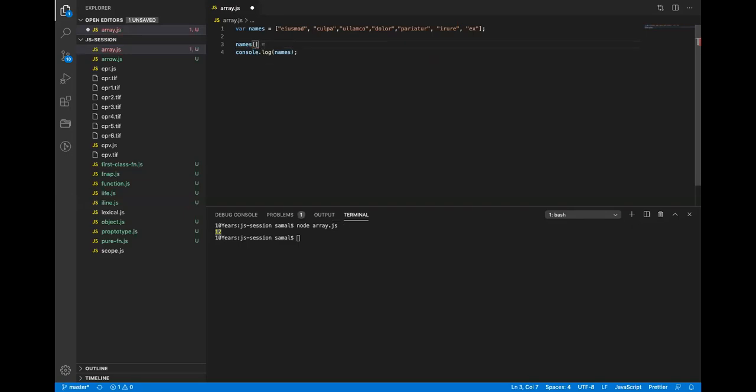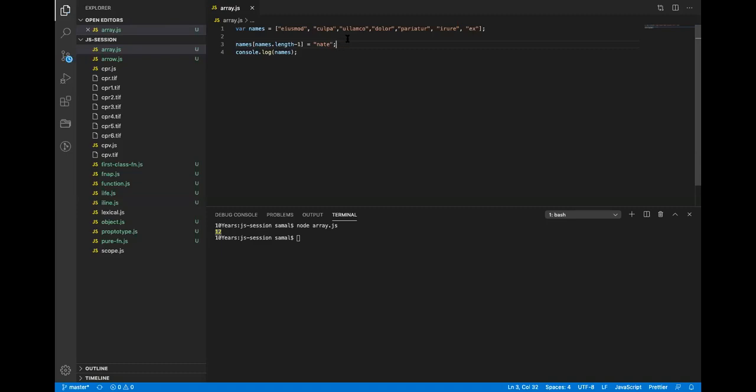So to add a value at the last index, I do names dot length. This will give me the length, whatever it is, but the index is always one less, so I have to do length minus one and then the value.